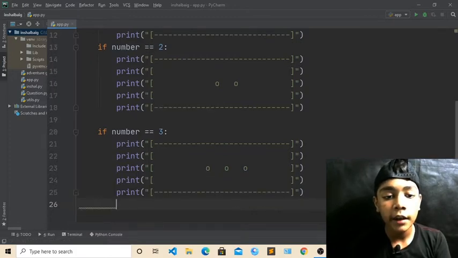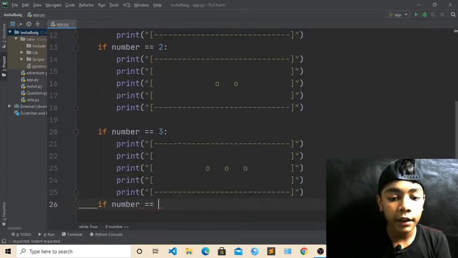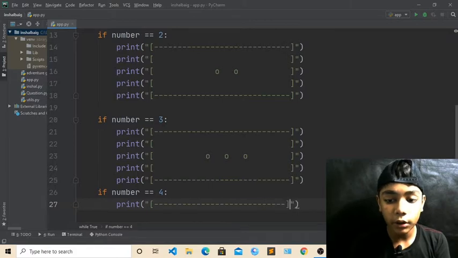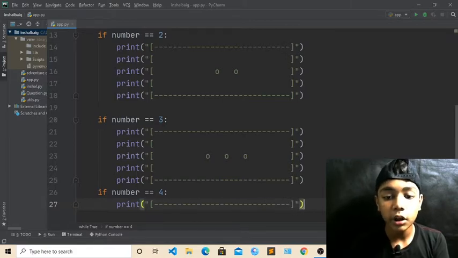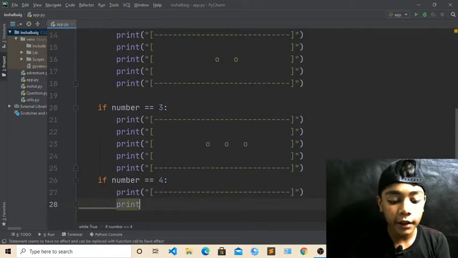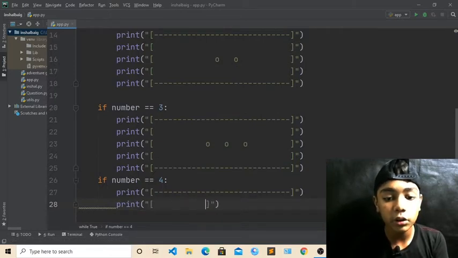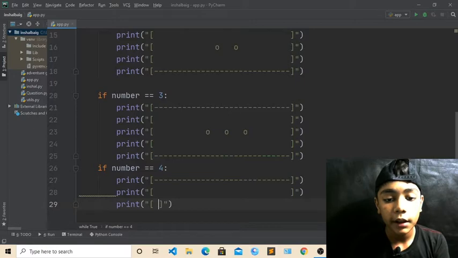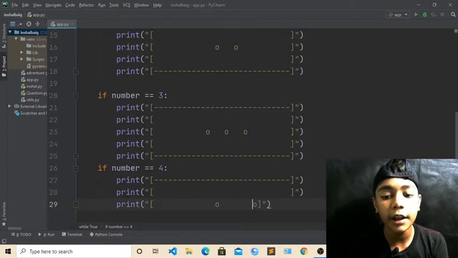Now come over here and backspace over here, and now here we will define 4, like we have defined 3, now here we will define 4. Just come over here, write 4, and now here we will define print, which will be now like that, and now it will be open, and now it will be closed. Just you have to again write dash. Now till here we have defined. Just come over here again, which will be print. Now it will be open and close square bracket, then it will be like that, okay. Now come over here again, print tag, which will be like that. Now it will be 4, okay. So we have to define 1 here, and now 1 over here, okay. Till here we have defined, okay.